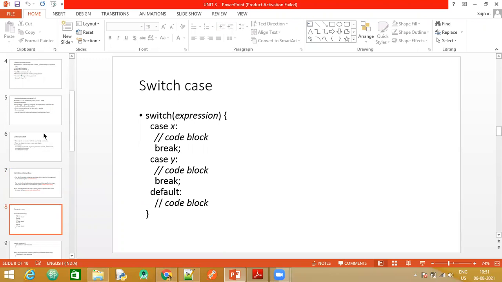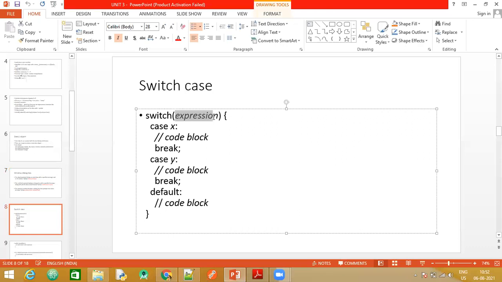What is the syntax for this? You make use of the switch keyword followed by one expression for the testing, followed by the different case blocks, and each case will end with a colon, and after that you will have the respective code block and a break keyword and also one default case.